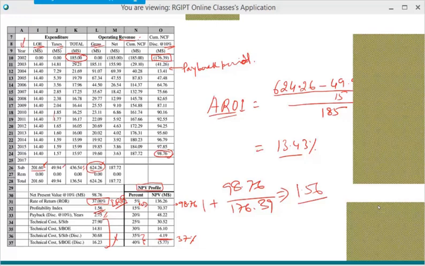But let's say if you want to look at the initial investment, and then you find, well, I do not have that much money in the beginning to invest. So those are things that become limitations. All these things you have to take into account before deciding about any project when you have multiple choices.